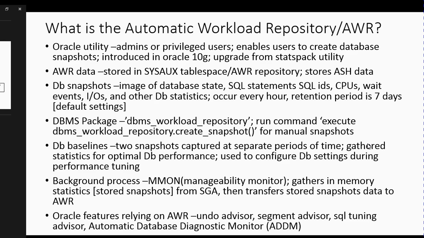I'm going to go into more detail later on how to execute the procedure in Oracle. You will perform this for a manual database snapshot. Also, in Oracle you have database baselines. Baselines are snapshots that have been captured at two periods of time, and they help you get a sense of what the appropriate performance metrics or performance settings should be